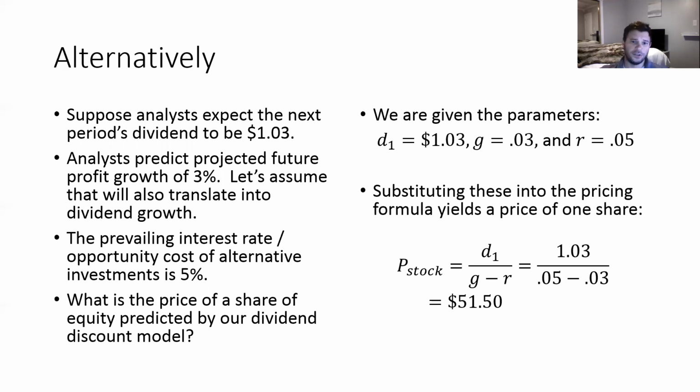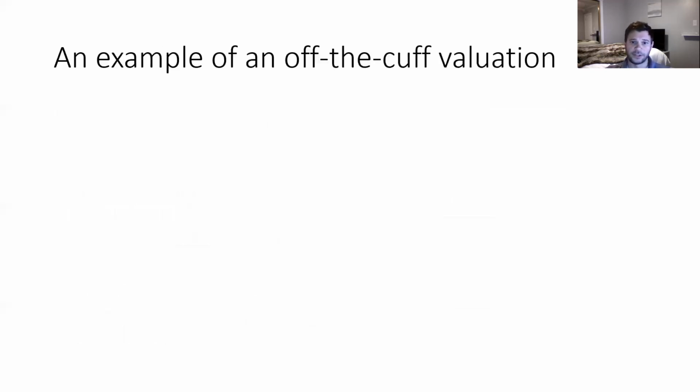But you can imagine maybe somebody gives us the price and asks us to figure out things like what is the dividend for a given growth and interest rate, or what is the growth rate for a given past dividend and interest rate. And in that regard, this pricing formula can be useful in off-the-cuff calculations. For example, if you were negotiating a merger or acquisition of somebody else's company, and you had to think about what was a fair price of the equity of that company you're going to acquire, what should you offer them in the negotiation? So we could think about utilizing the pricing framework in reverse here,